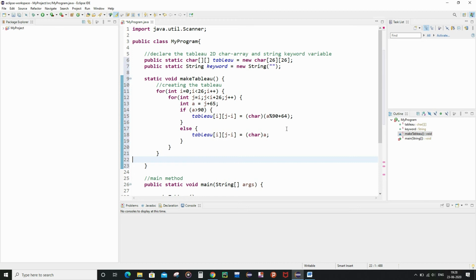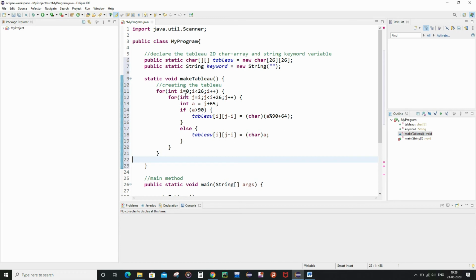That basically means that in the first row of the 2D array we will have characters from A to Z, in the second row we will have characters from B to Z, and at last we have one A, and in the third row we have characters from C to Z, and at last we have A and B. So it will go this way. In the outer for loop, where i is the iterator, it will keep track of the row, and the inner for loop, where j is the iterator, will keep track of the column.